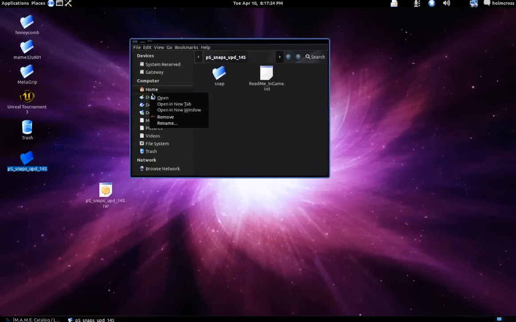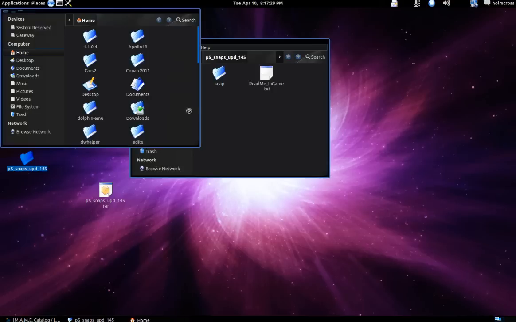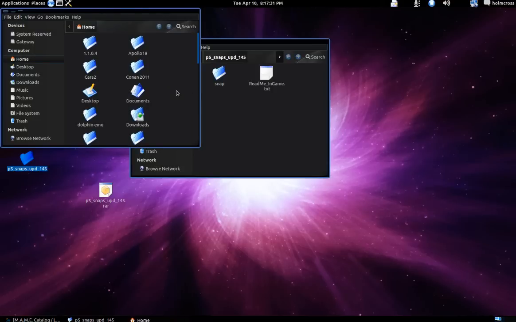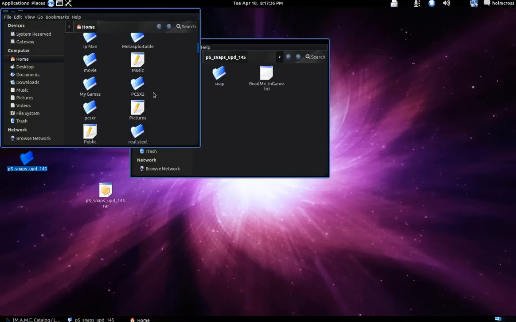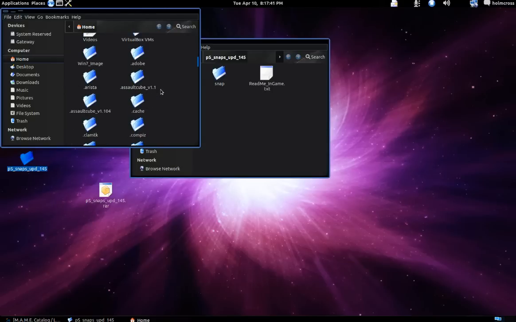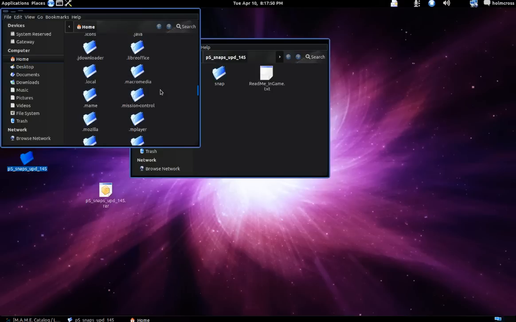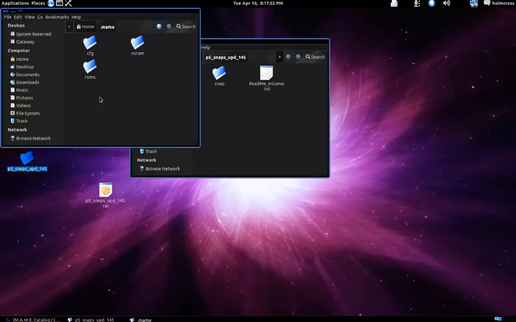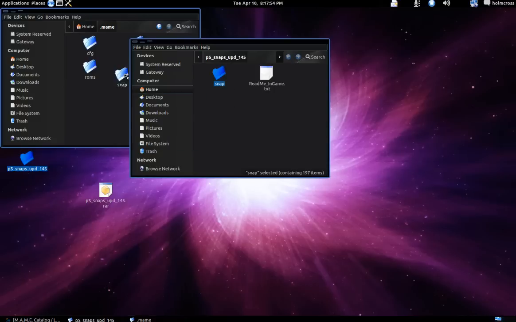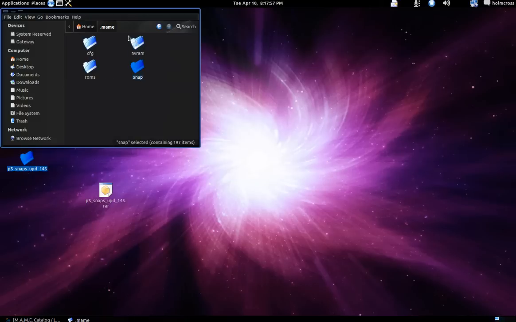So what I'm going to do is open my home directory in a new window and also go to the hidden MAME folder where I'm going to put the snapshots, and I'm going to map that location in the front end. So let's go ahead and do that real quick. There it is. All I'm going to do is just drag the folder over to move it there. Once that is done,